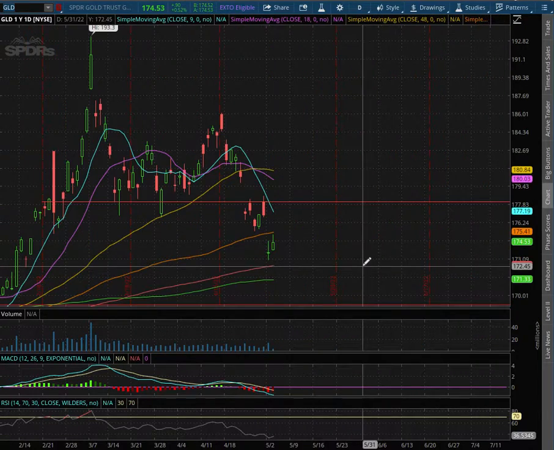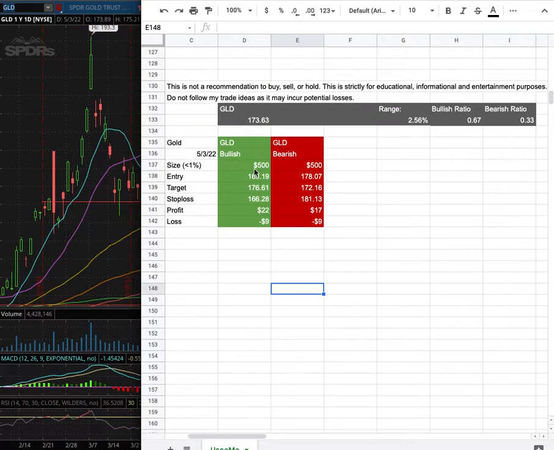My trade position size for this lesson: 1% of my portfolio. My long entry is at $169.19. My sell target is at $176.61. My stop loss is at